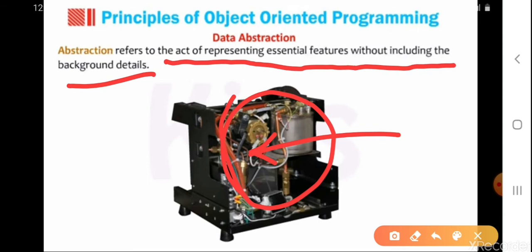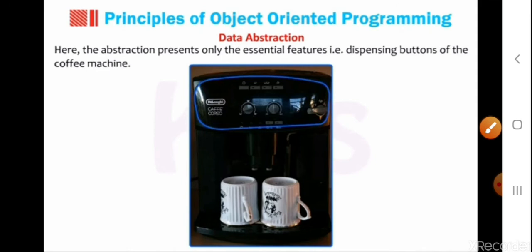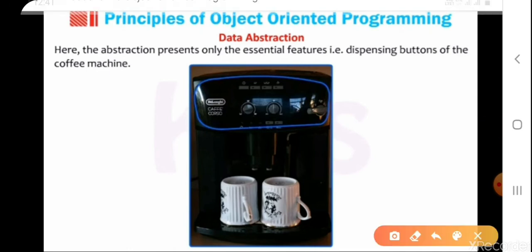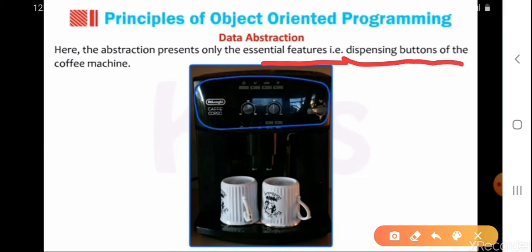The same thing happens in a computer also. You don't need to know how the internal circuitry of the computer works. You just press the buttons and the computer will give you the desired output. This is called data abstraction. Here, the abstraction presents only the essential features, that is, the dispensing buttons of the coffee machine.